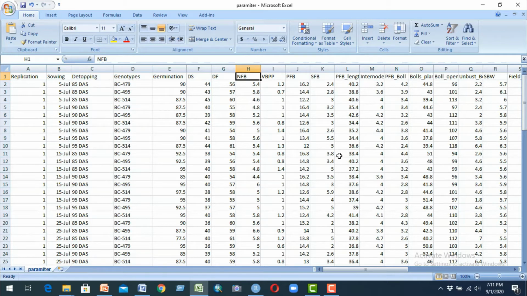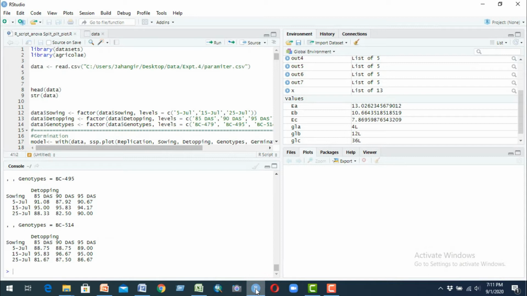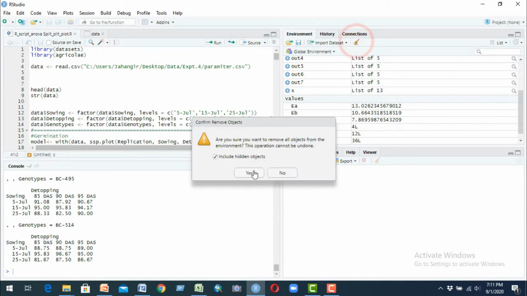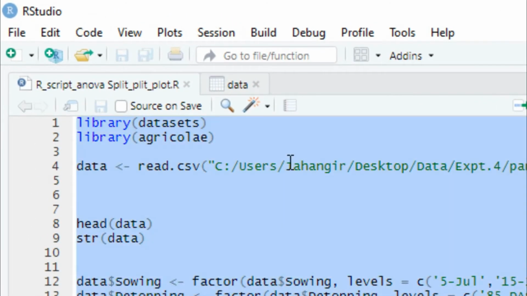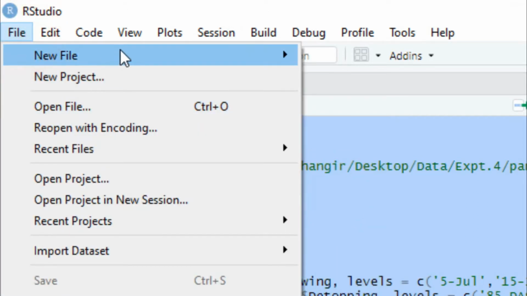Now we can start the analysis in RStudio. First we have to open the RStudio software, and then open a new script.